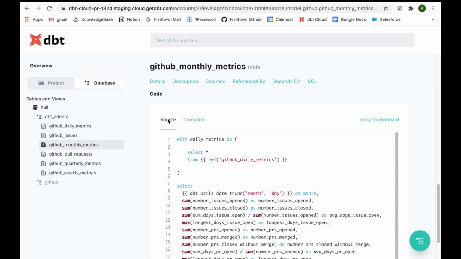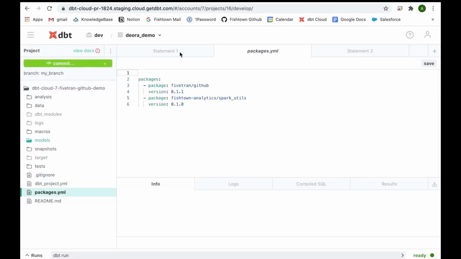And one of the things that we can really easily see here is the power of the reference function. So a reference function is a reference to a data model or to source data from a data model. And that reference is enforced every time you run your dbt project. And that reference creates an edge in your DAG and actually enforces that data lineage every time that you run your project. So now let's go back to dbt.